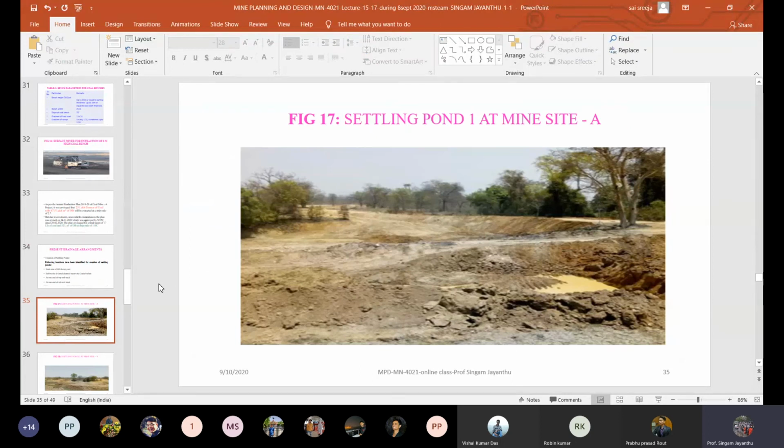Now you can see how it is appearing now. This is a recent photo. Now settling pond at mine site here, settling pond 1. Now it is being done. Now you can see here. Now this is a rainy season. This water